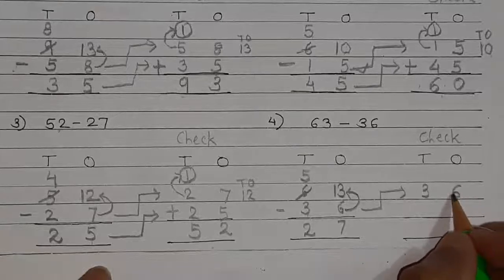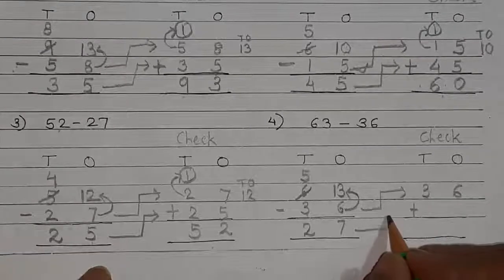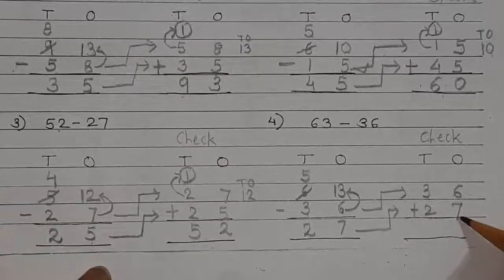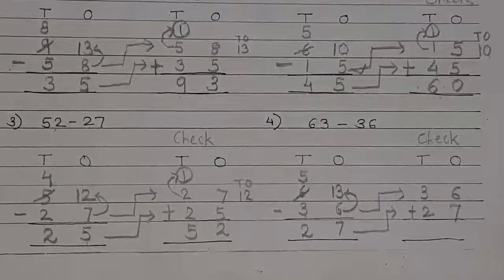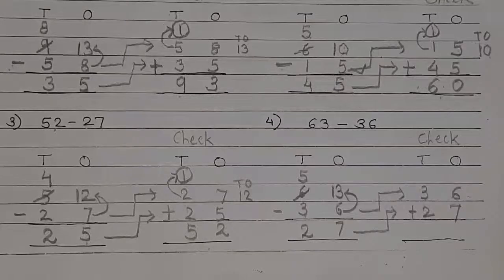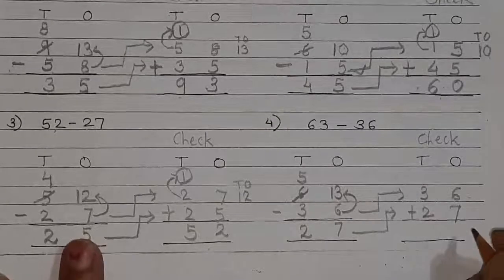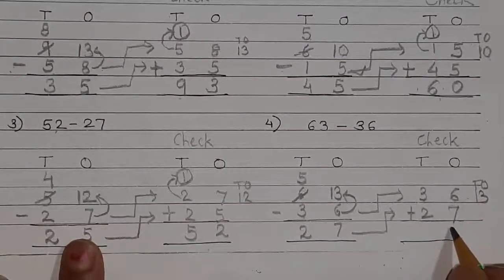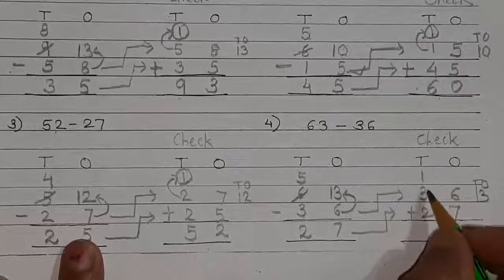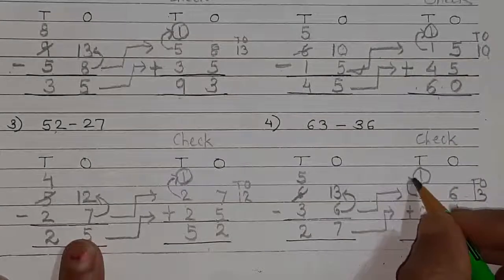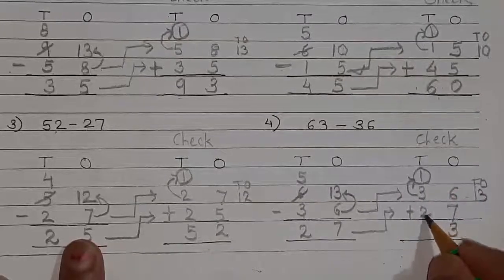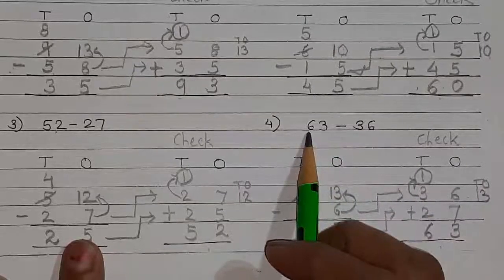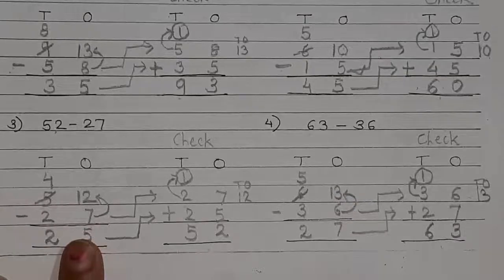For checking, we are adding our answer. Here, 27. Here, addition is there, so bigger number in your mind, 7 in your mind, 6 on your fingers. 7 after 6 will get 13. Write aside, write tens 1, 3 will be answer, 1 will go as a carryover. Now 3 after 1, 4. 4 after count 2 will get 6. This 63 and first number is also 63. So our answer is correct.